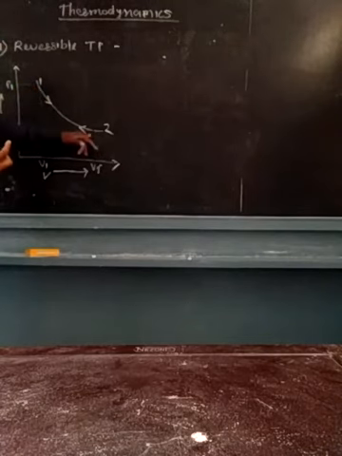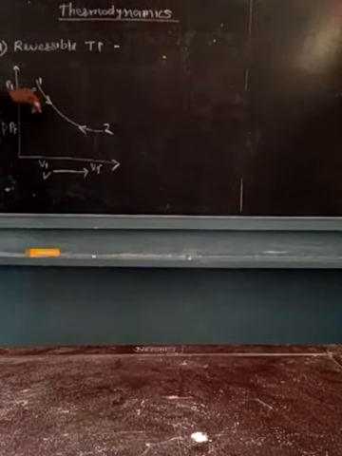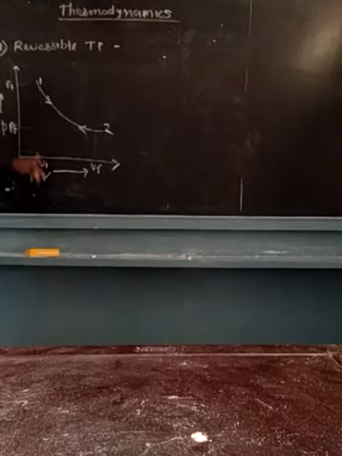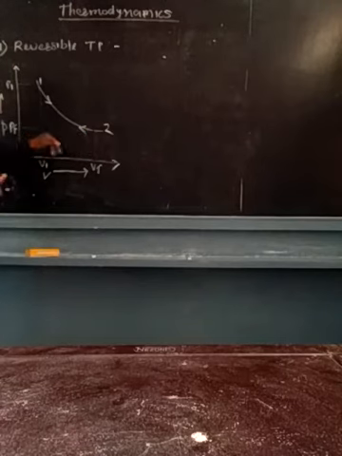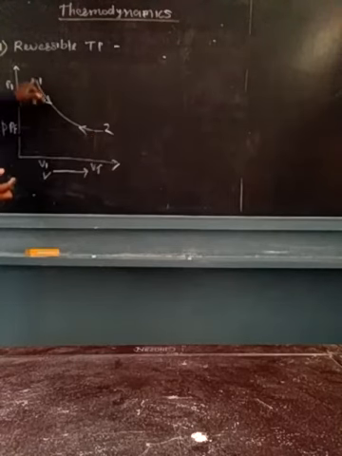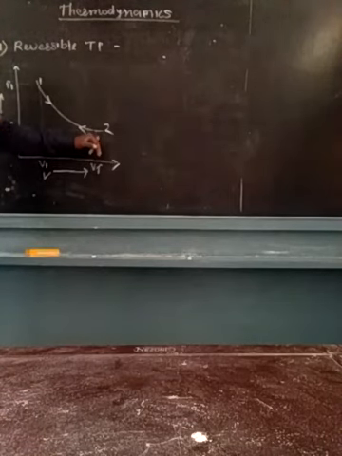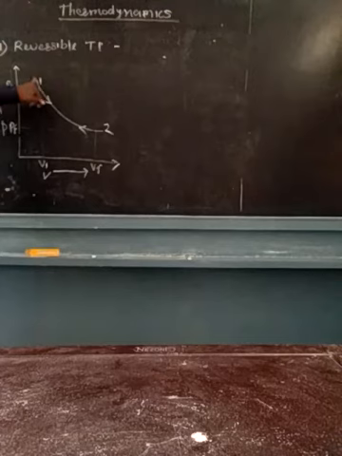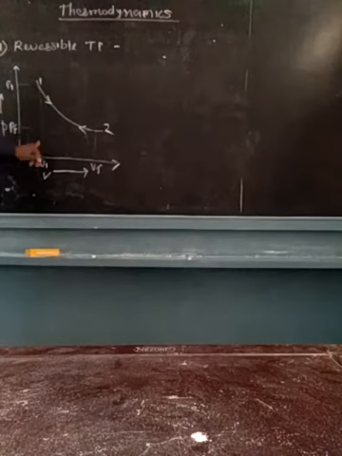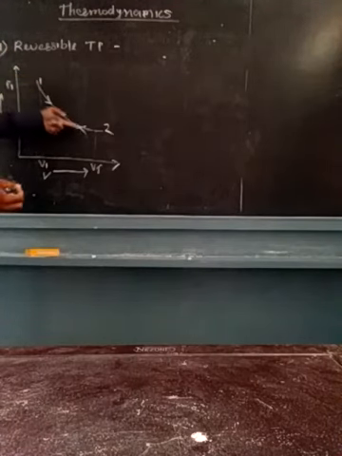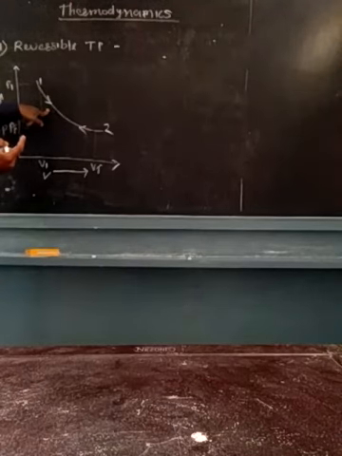The state has been changed from 1 to 2, and the corresponding values of pressure and volume at state 1 are Pi and Vi. The corresponding values at state 2 are Pf and Vf, as you can see. So the system is changing its state from 1 to 2. At state 1 the value of pressure is Pi and the value of volume is Vi. As the graph is moving in this direction, first of all we will understand this first path, moving from 1 to 2.